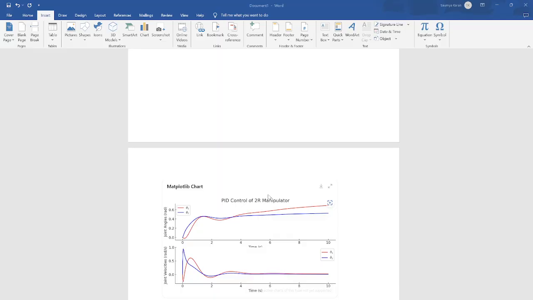Should change it to Microsoft Edge. No. Okay, I'll change it to Word. Then